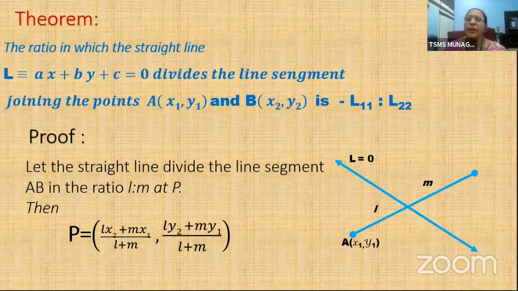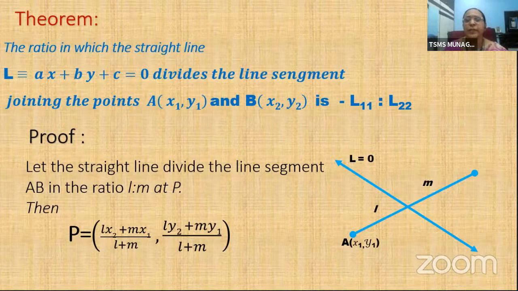Hope you remember in your 10th class you must have learned the section formula, where you understand the ratio in which a particular point divides a line segment joining 2 points. Here we are talking about the ratio divided by a line joining another 2 points. So here we have a line segment which is joined by the 2 points A (x1, y1) and B